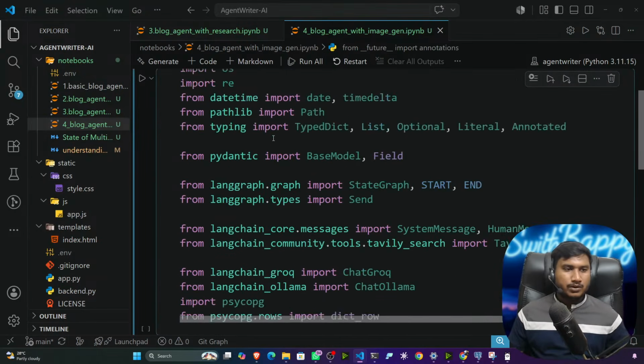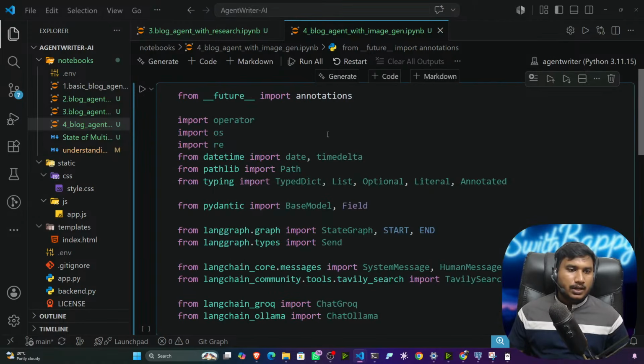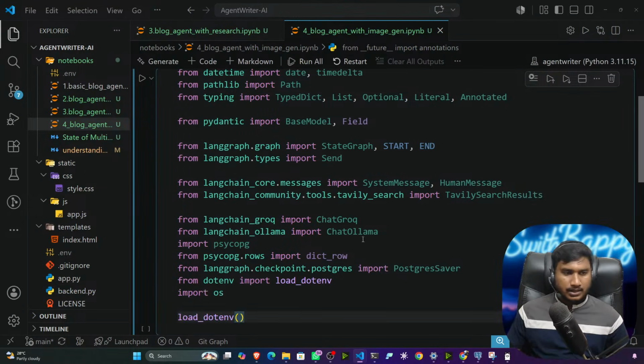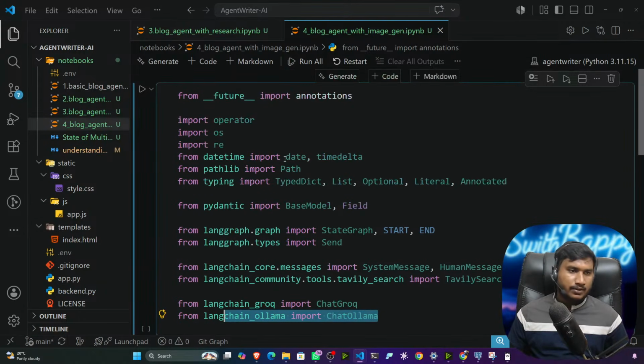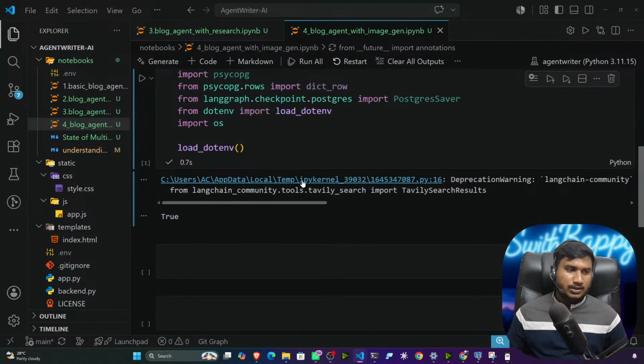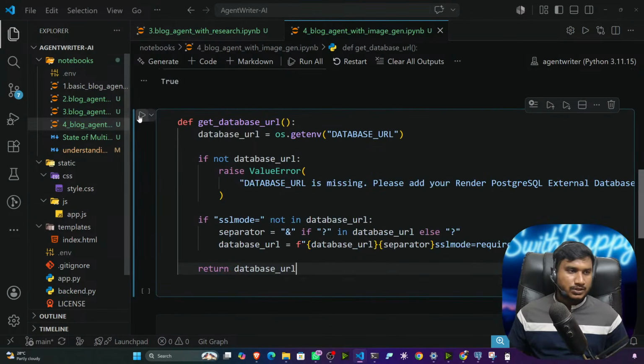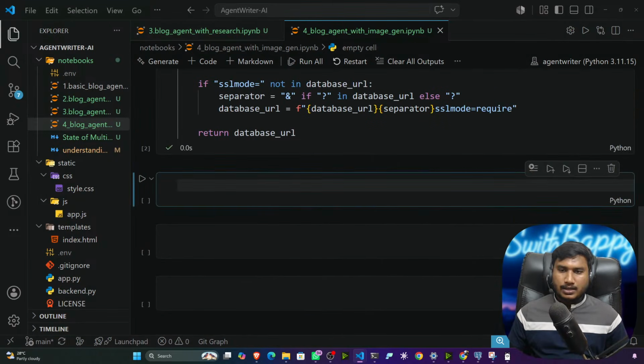So I'll import all of the code. Now the only things I have added here, I think I have added the chat Ollama. It's fine. Okay, now let me execute. It's done. Now I'll add that database function. This is the database function. And now I will